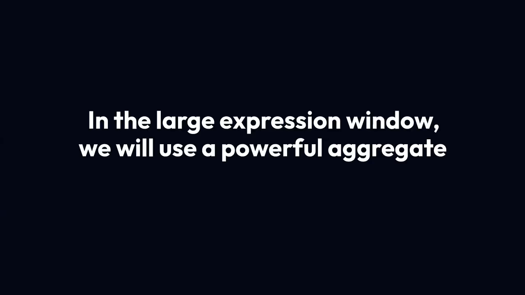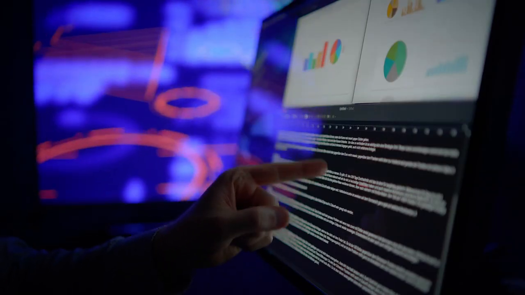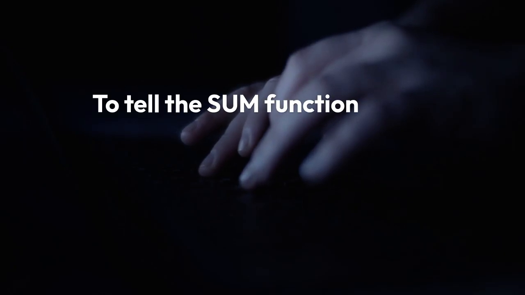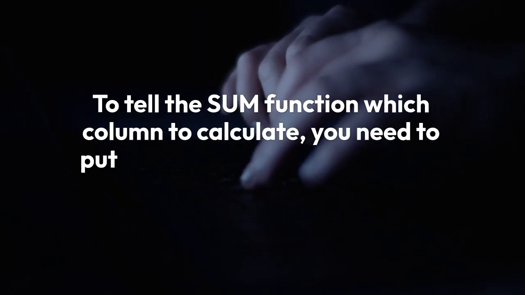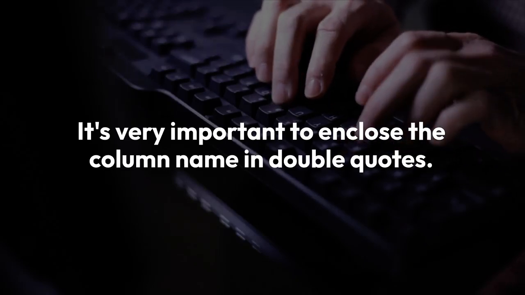In the large expression window, we will use a powerful aggregate function called sum. This function is designed to add up all the values from a specified column. To tell the sum function which column to calculate, you need to put the column's name inside the parentheses. It's very important to enclose the column name in double quotes. For example, if you want to sum the values from a column named population, your expression would look like this: